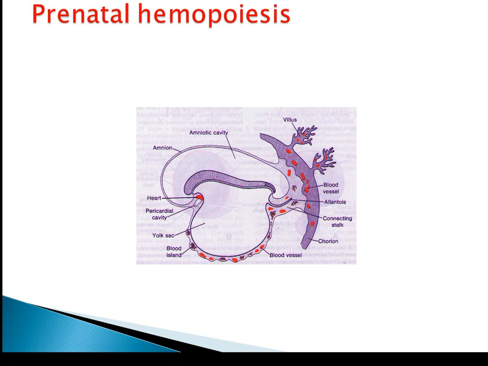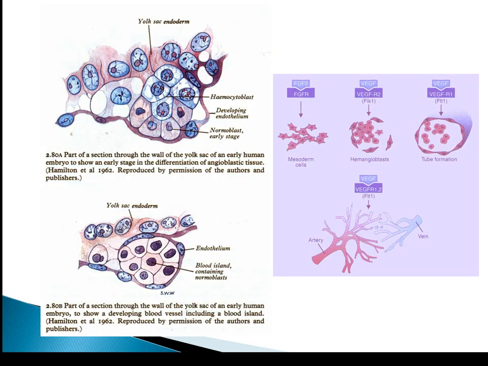The prenatal hematopoiesis begins in the wall of the yolk sac, which is an extraembryonic organ, and the mesenchyme that covers it condenses, and here it forms the blood cells. But this type of blood formation is called the mesoblastic phase, and it is initiated when the blood islands are formed. Pay attention, so from the mesenchyme that covers the yolk sac, the mesenchyme cells have processes, they condense